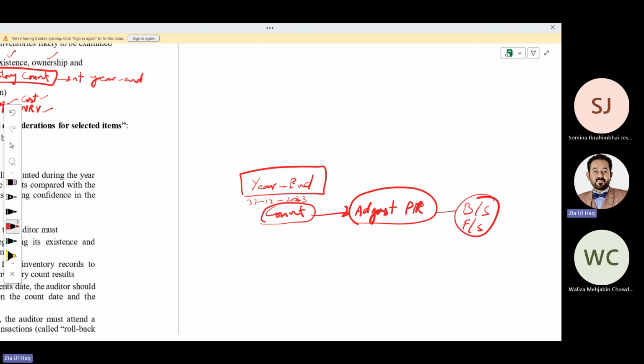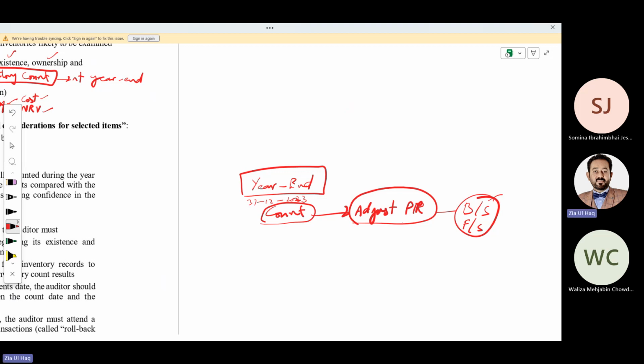But if the client is recording the inventory fraudulently, then they will do the fraud again. We will check how we can trace the fraud. So there are two ways a company records its inventory balance in financial statements. One way is that at year end they perform a count: how many units are there in the warehouse? They value those units and state the balance in the balance sheet. The other way, they simply copy and paste the balance from the PIR to the balance sheet.